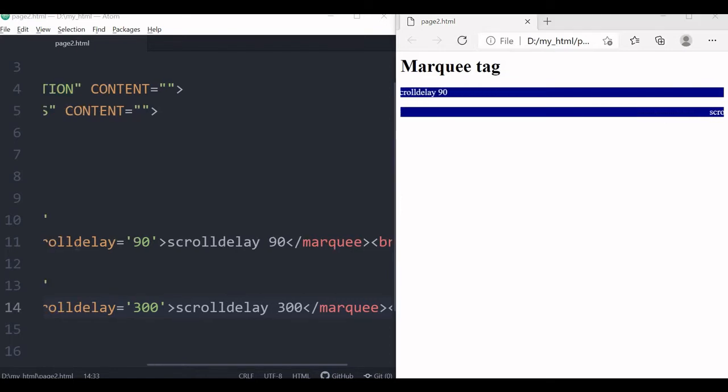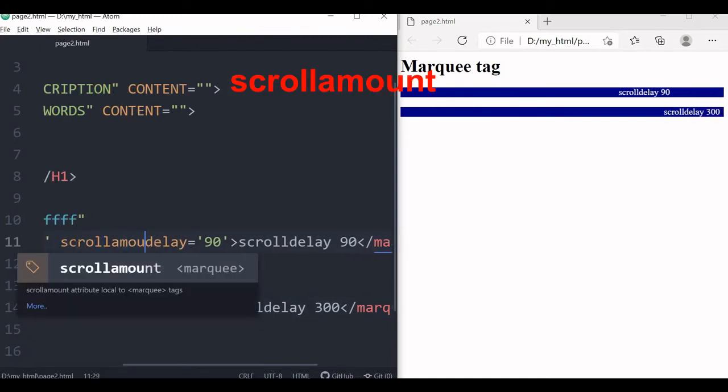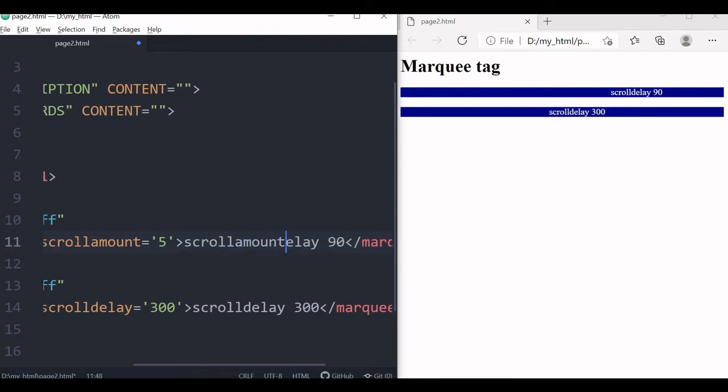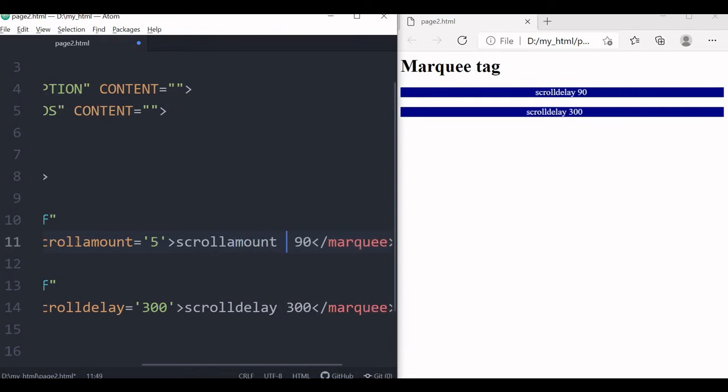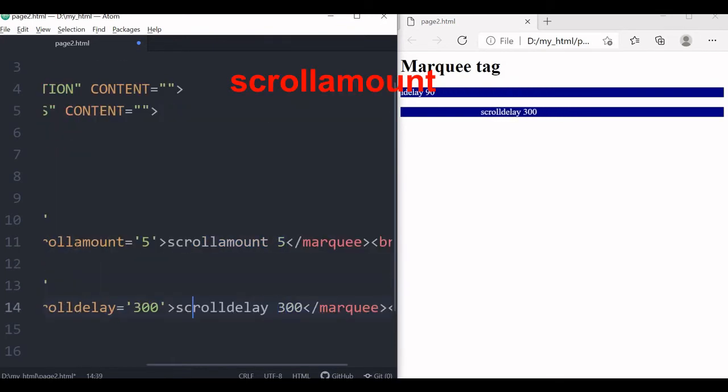Now we'll use scrollamount. So scroll delay will change to amount. It is in pixel. So 5. Scroll amount. This is for our display part only, understanding. Now come down to second one. Scroll amount, let's keep 20.